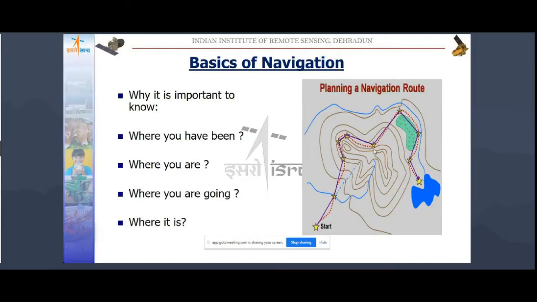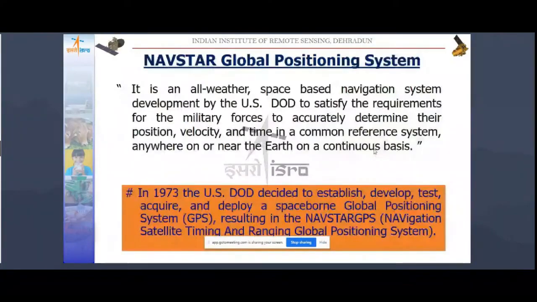And where it is means where is the building, where is the collection center, where is the dairy. So how will we get the coordinates of that point? Through the coordinates of that point, the location, we can get this information. You all might have used GPS, which is a very well known receiver,